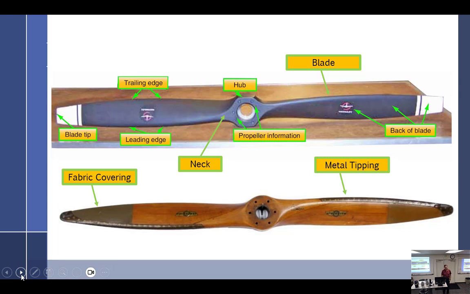No, wait a minute. No, you're completely backwards. We have a pusher prop. Well, if you actually go look at the Skymaster, the hub's on the wrong side. You follow?